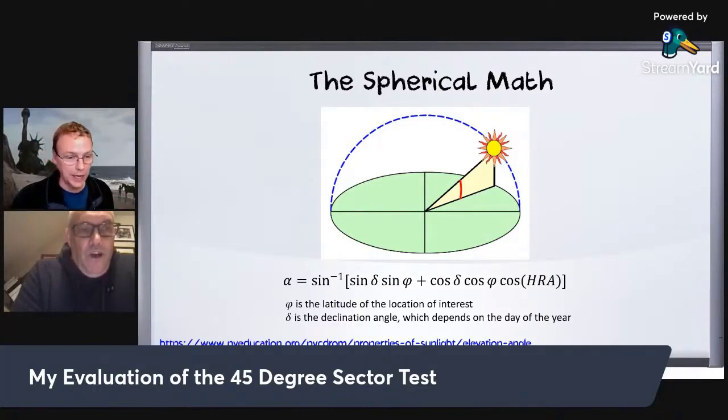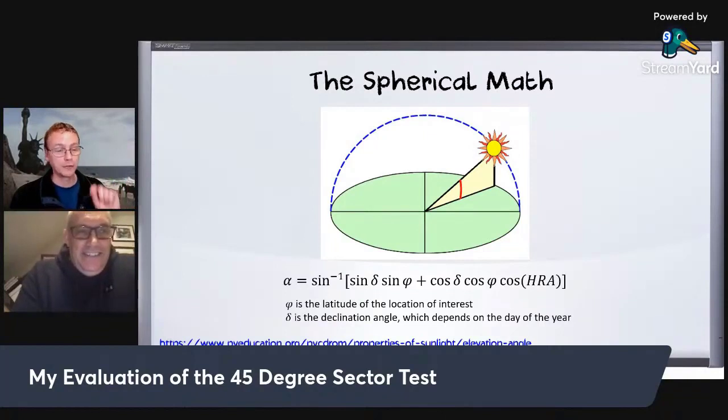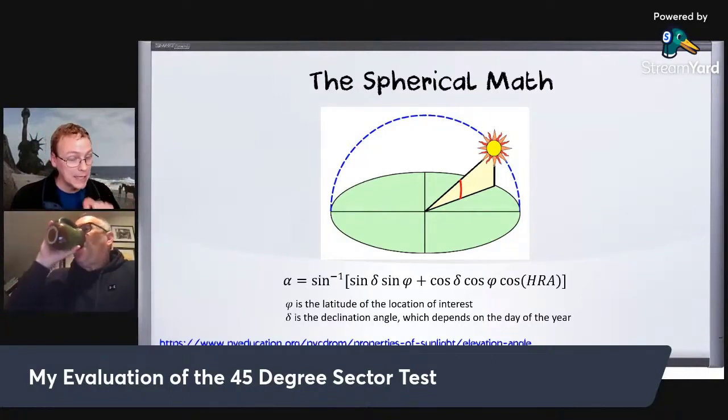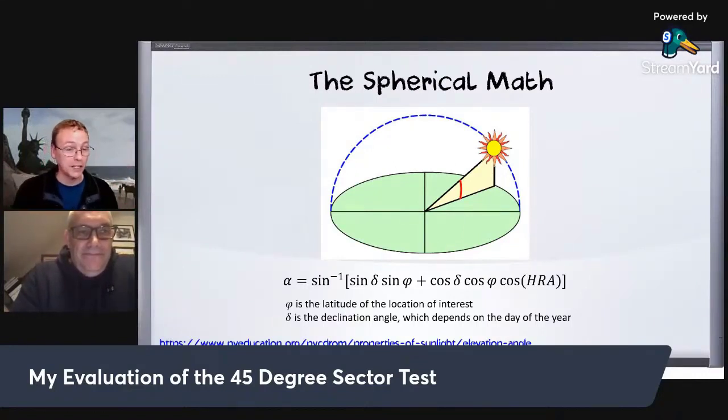The first thing I checked was SunCalc.org, and it shows you're not correct. The second thing I did was derive the formula, and the formula I derived matches SunCalc and shows you're not correct. The third thing I did was look up online what the formula is. It matches my derivation, it matches SunCalc, and it shows you're not correct. The fourth thing that I did was build a three-dimensional geometric model and check it. It shows you're not correct. It matches all the other things. Basic critical thinking. The reality doesn't match your expectation.